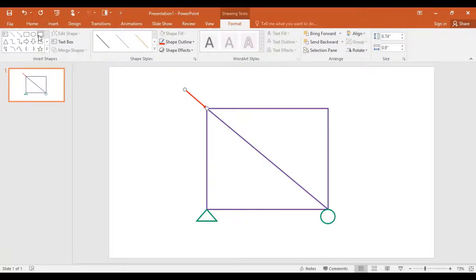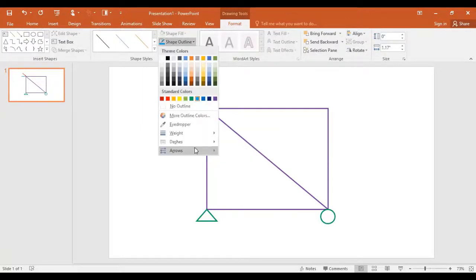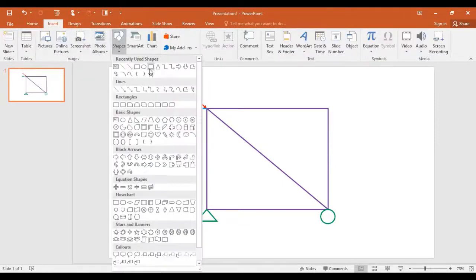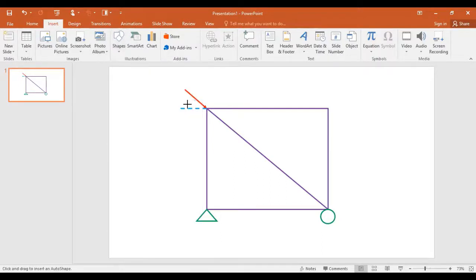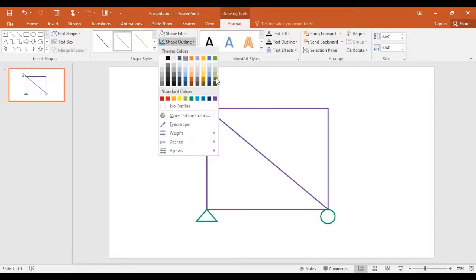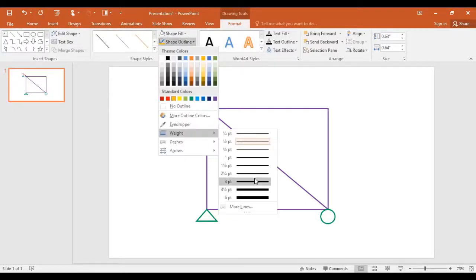And then I am going to select the line here and this one. For example, I am going to select light blue color, and its weight is again 3 point. I want to show it with a different design, so I am taking dash. Then you have to provide the angle here. I have already discussed these things in the PowerPoint video as well, so it will be clear to all of you. I'm just going to revise it in this video. You are taking orange color, and you have to increase its weight, and this is 3 point.